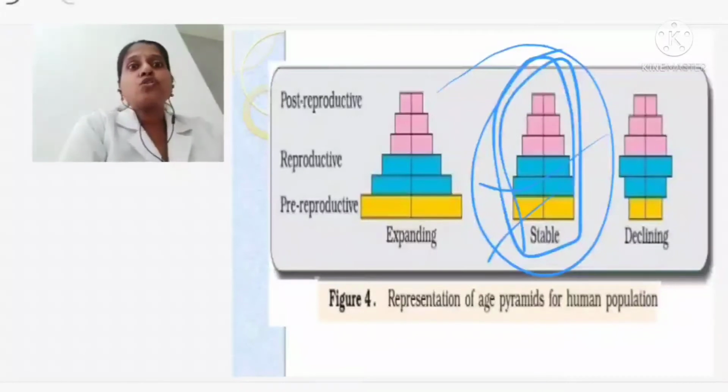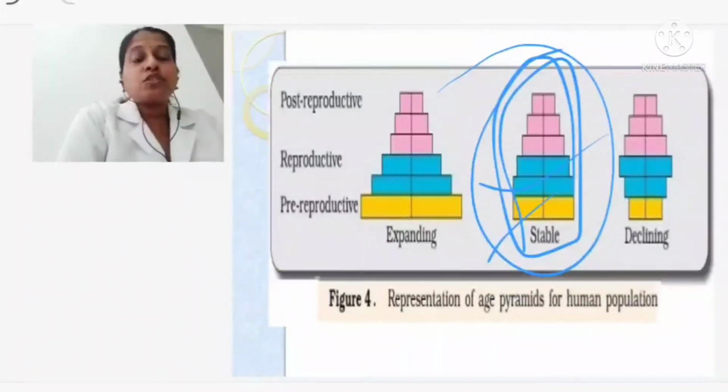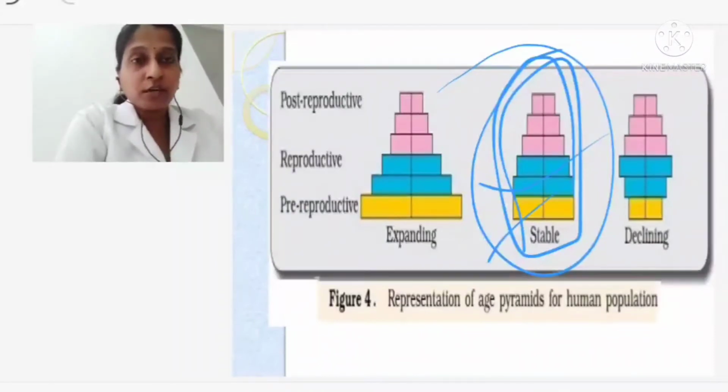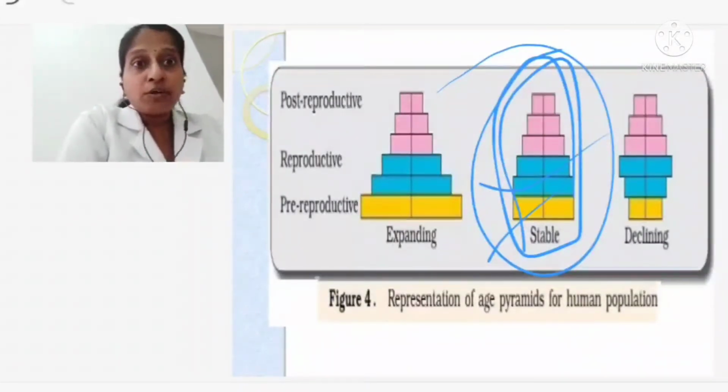pre-reproductive group because of some ailments, like there was a nuclear explosion there, or there were some chemicals released in one particular area or in one particular space. So then what will happen there? You can find the children are not that immune to it, isn't it? They cannot resist, and gradually their number is coming down.